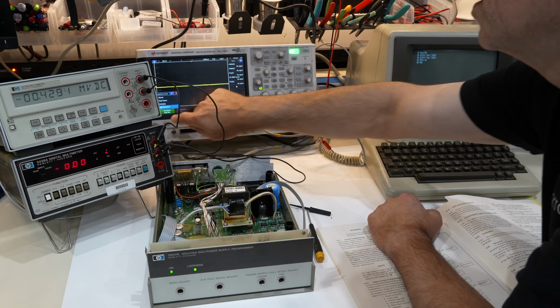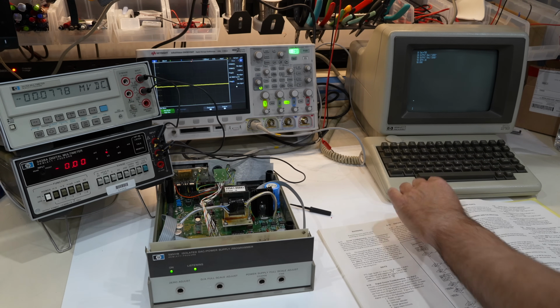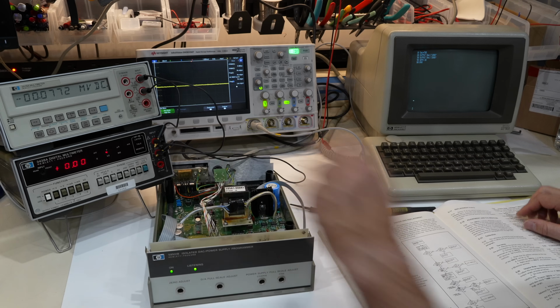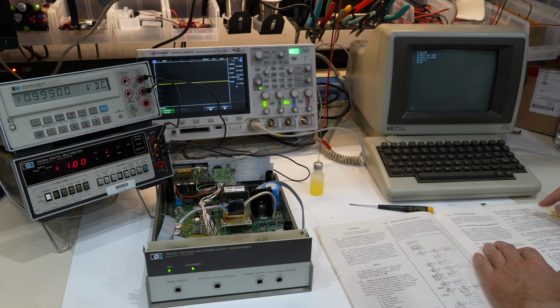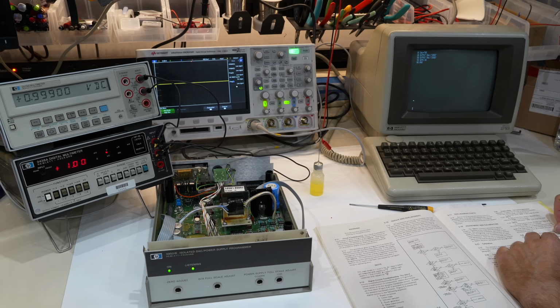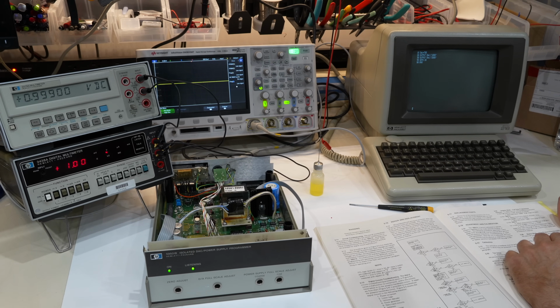After I did this interesting initial 0 balance adjustment, I went on to calibrate the min and the max voltage in unipolar mode, and the unit exceeded spec by more than a factor of 10, with the 0 coming in below 0.1 millivolts and the max scale, supposedly 0.999 volts, coming in at 0.99900 volts. It was then time to do the same for the bipolar mode, and that's when things started to go sideways. Then switch on here the units to bipolar,